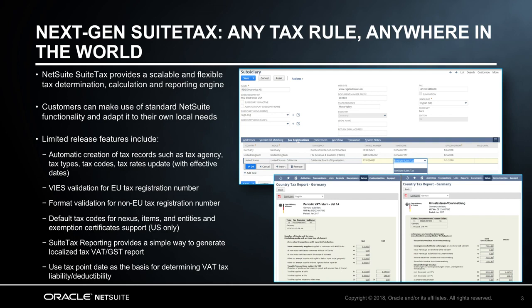SuiteTax will enable companies to determine, calculate, and report sales tax, value-added tax or VAT, and goods and services tax or GST for many geographies including USA, China, and India. Users will no longer have to monitor tax rate changes as they'll be automatically updated in every account for over